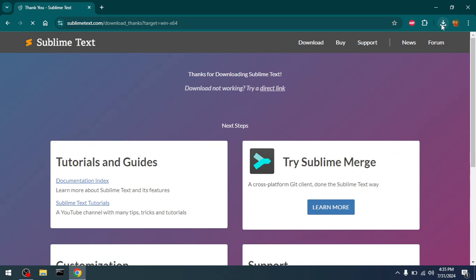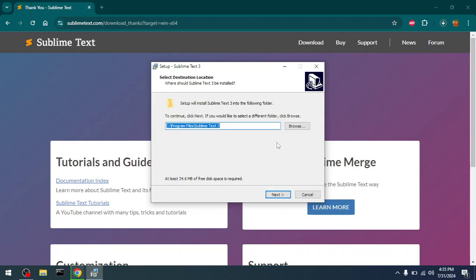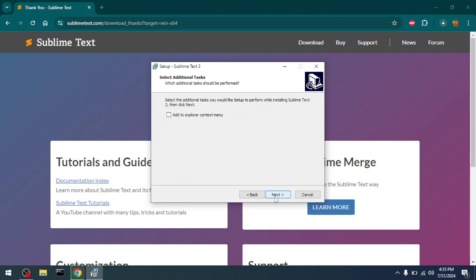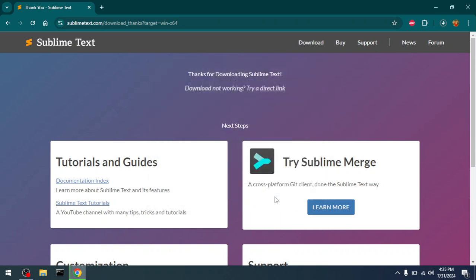Okay, what I'm going to do, download not working, try clicking that link. So it's started. What I've done, I've already downloaded it for you, so just locate it. And this is Sublime Text 3 and click next. So the process is the same. You can download and install 4 or 3, it is going to be the same. Now go ahead and click finish,